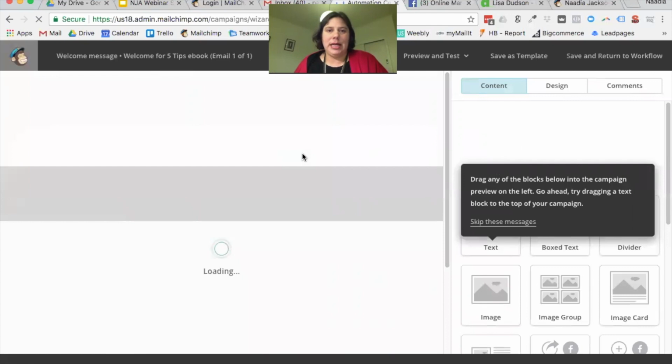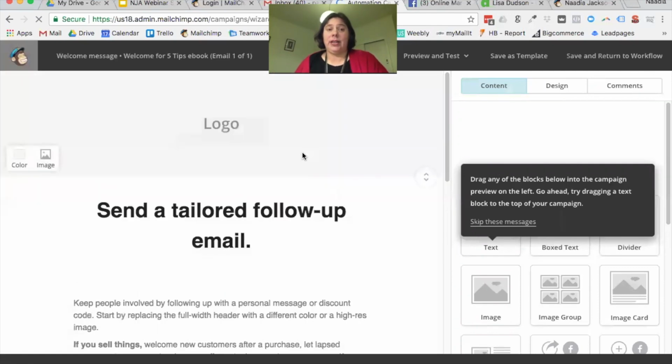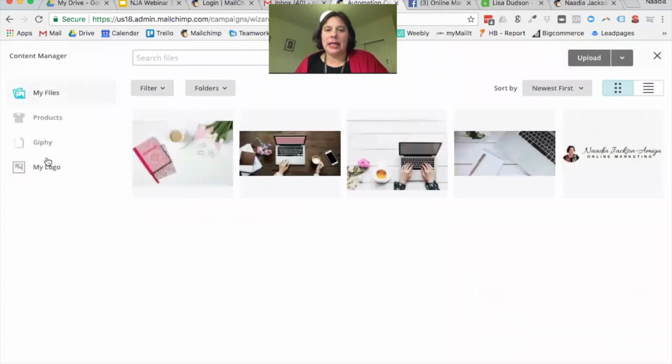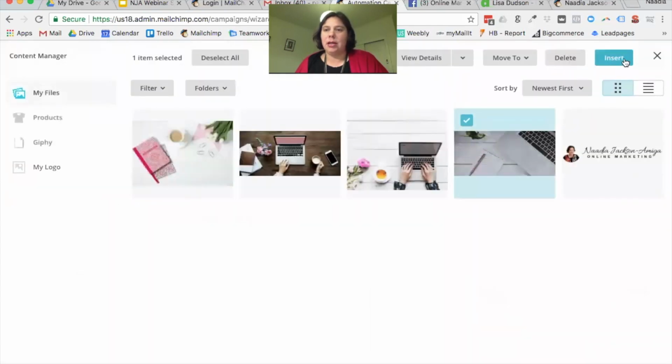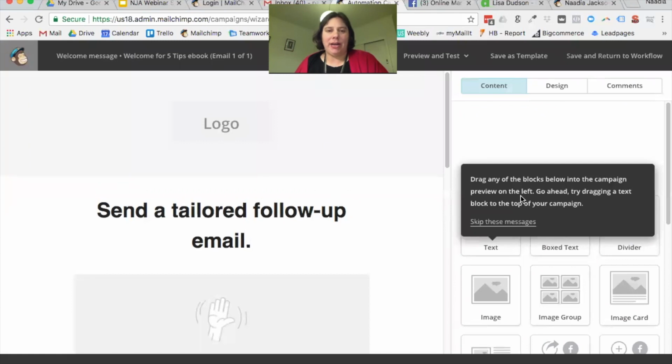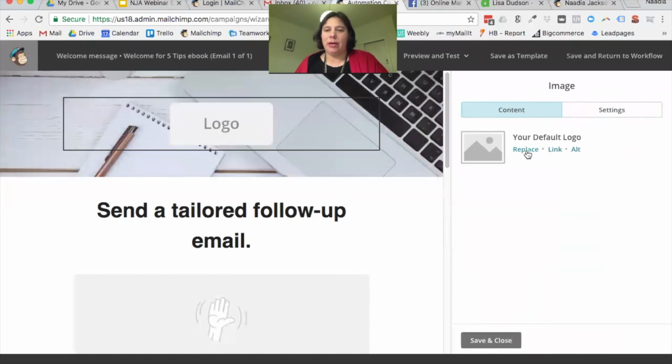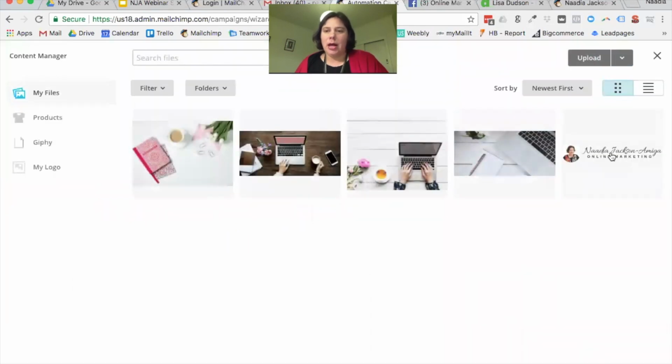So we're in here and there's a couple of really cool things that are going to come up. One of the cool things you can do is add an image as a background. So let's go in here and say we want to put that in, insert. So that could be our background image. And then I also want my logo in here as well. So I'm going to upload my other two logos that I've got, just because they've got different wording with them. It's the white and